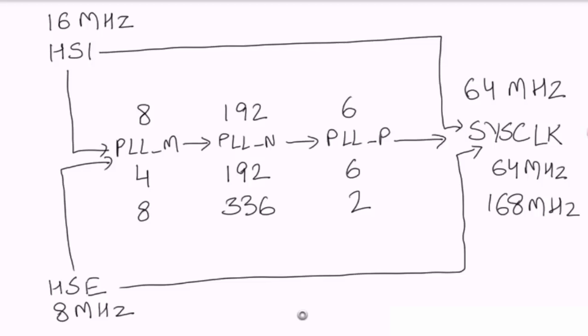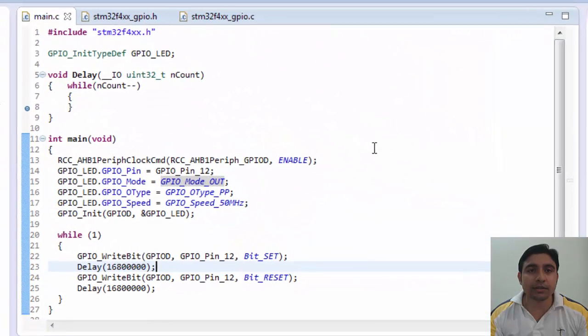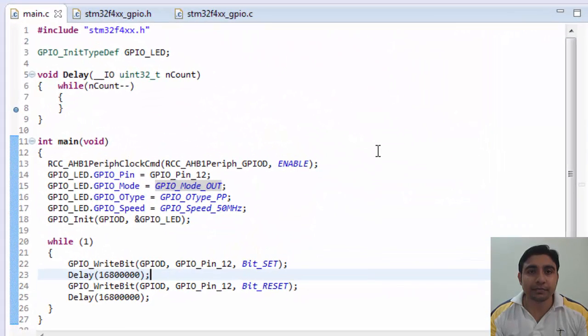To answer that question, let's get back to our program. Now this is the program that we have written, and in this program we haven't mentioned anywhere about the clock settings. Actually, the clock settings are taken care of by Atollic TrueSTUDIO. When we create any new project, Atollic TrueSTUDIO automatically sets this for us so that we can directly start writing our code and we don't have to do anything for initial configurations.